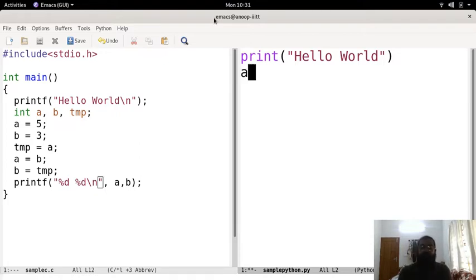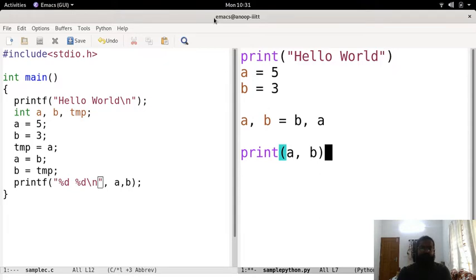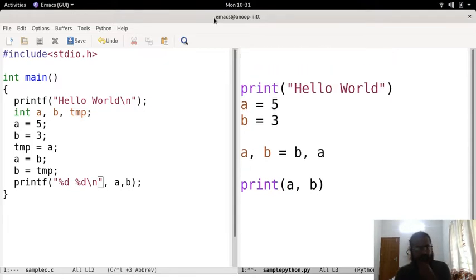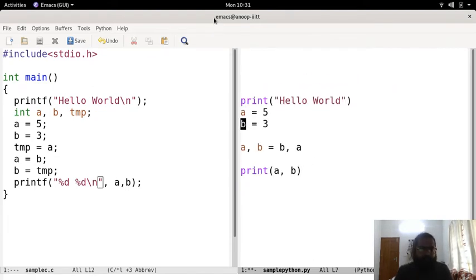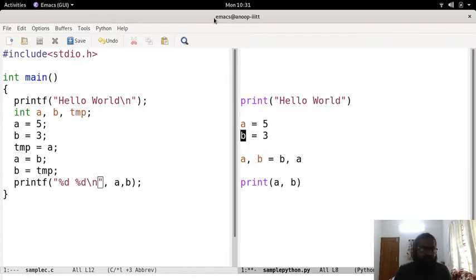Now I have a is equal to 5, b is equal to 3, and then I write a comma b is equal to b comma a. Oh, I'm sorry, I don't need this. Then what I do is print a comma b. Okay, so let me put it like this. You can see that the number of lines that were required to write the same program has reduced, and the